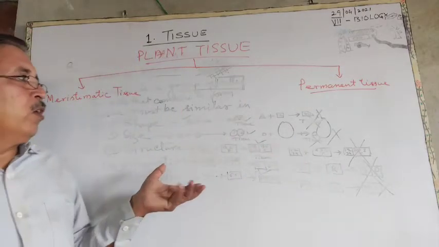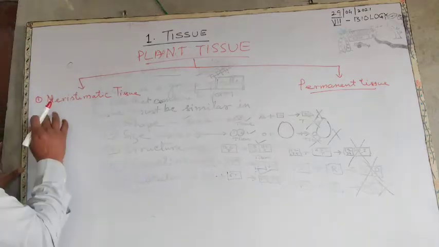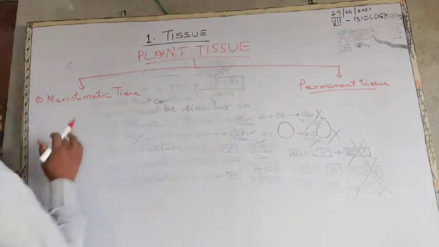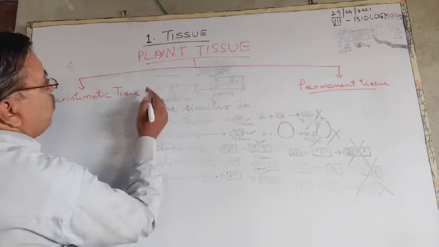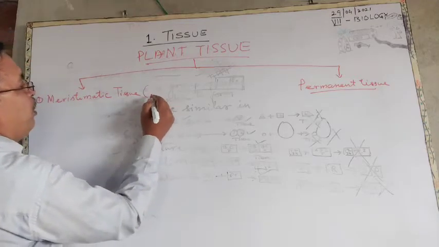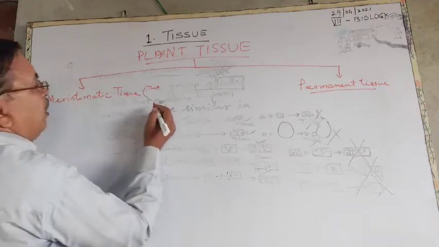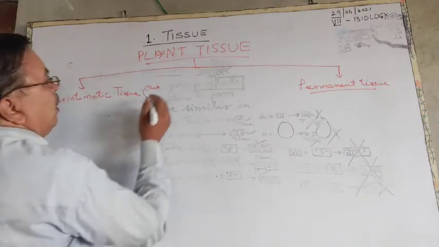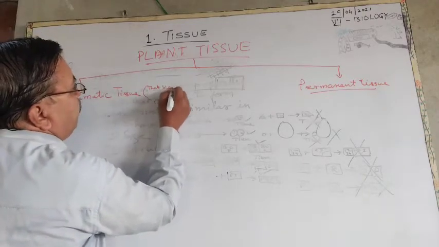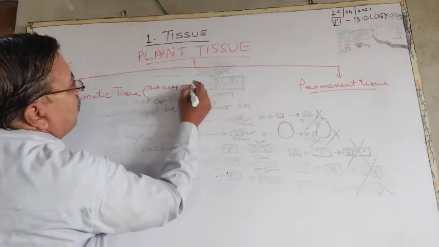You follow? So the basic difference between this group of cells and meristematic tissues is that meristematic tissues keep on changing, the tissue whose cells keep on changing